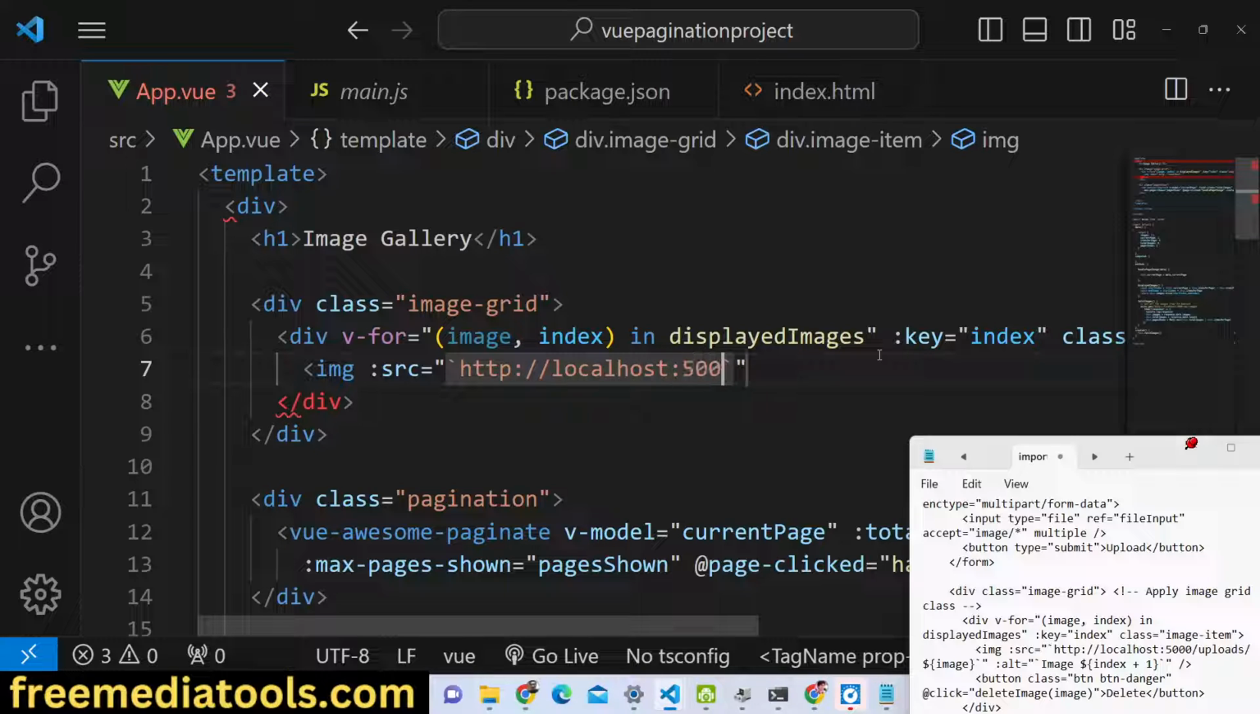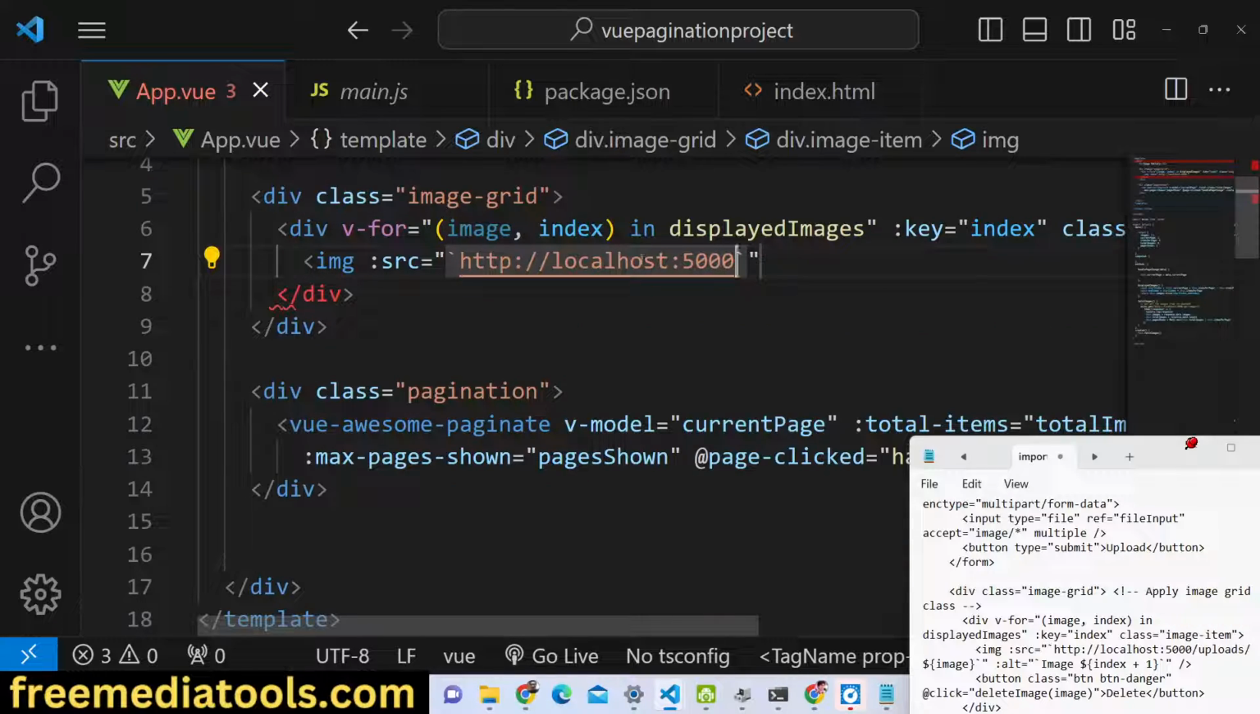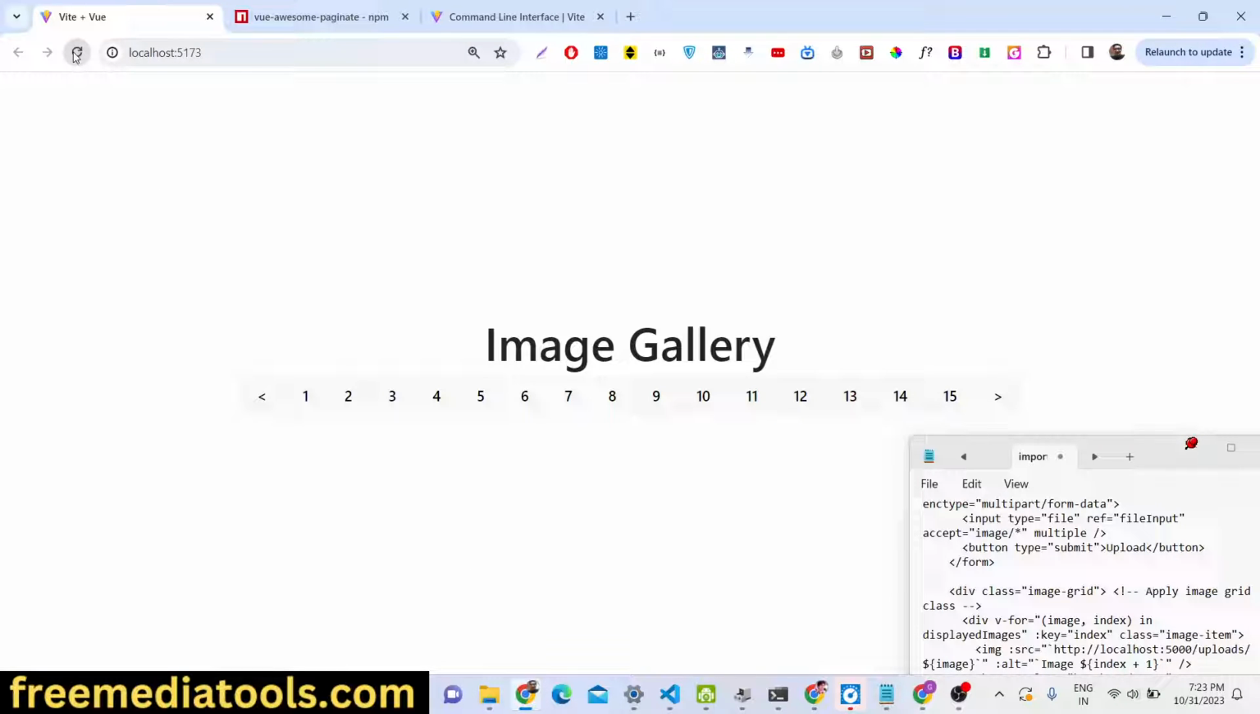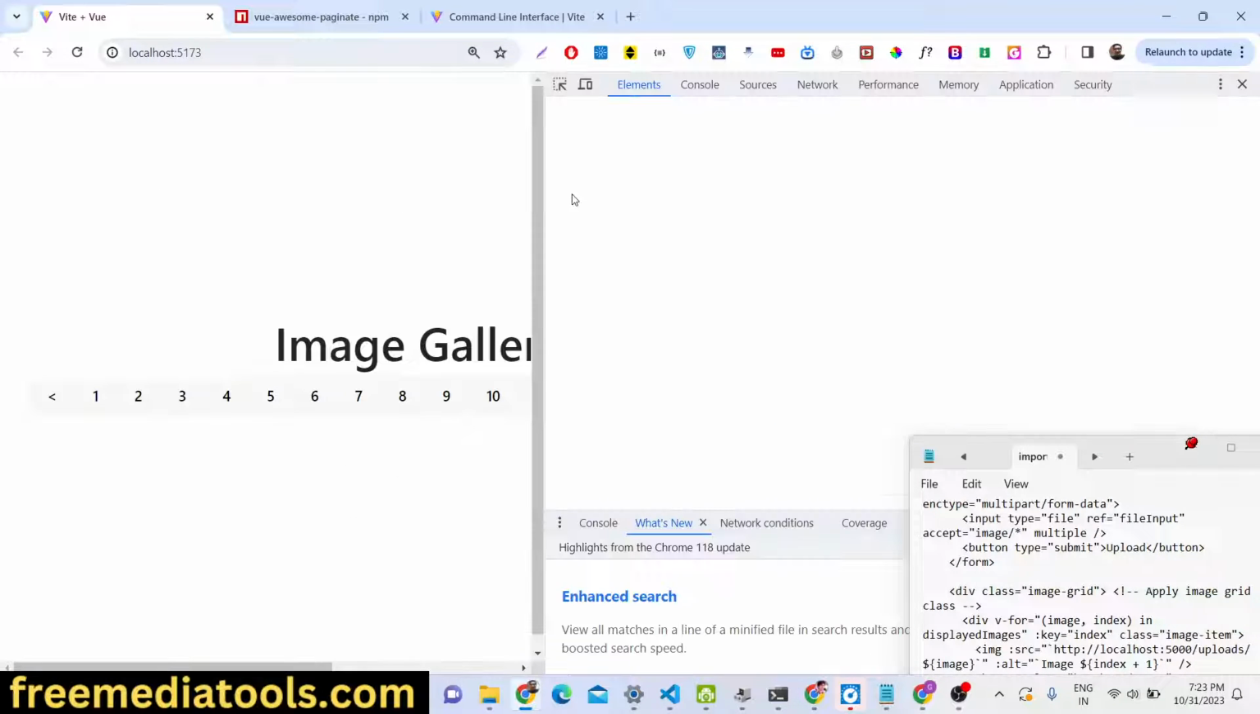So it is basically residing in the server. That's why we need to provide localhost 5000 slash. It is present in the uploads folder, and here we can simply write image, close the image tag. So if you see, guys, basically all of our image files will be shown here. If I inspect element,